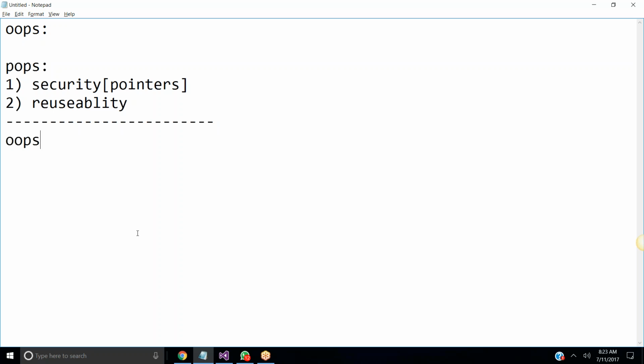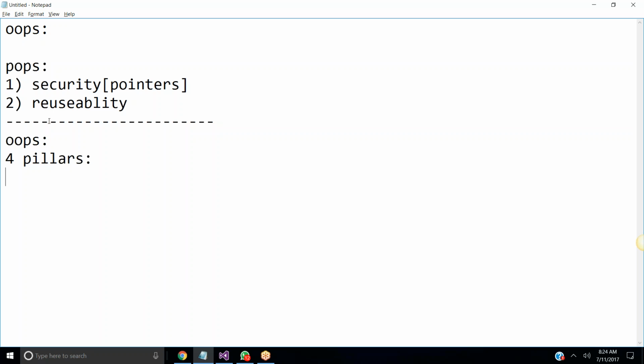we'll have an object oriented programming language with the help of the 4 pillars that are available in it. We'll be overcoming the security and reusability problems that are available in POPs.